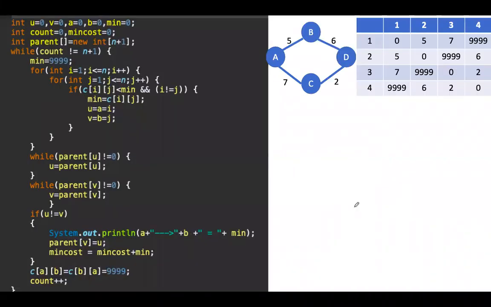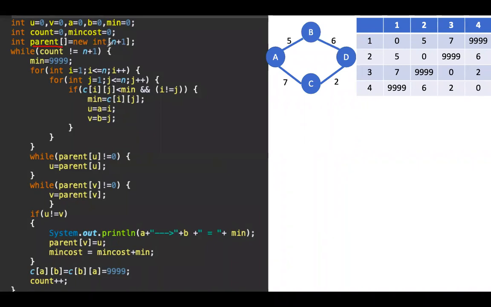See, the read function and all I have explained already. In the main program, the read function is not there. We shall straight away start with the solve Kruskal function. So we are calling the solve Kruskal function. C is the matrix where we have stored these adjacency values of the graph. Okay, it is present in the C matrix. And we have taken a lot of variables, initialized to 0. Okay, and there is one more variable called parent.